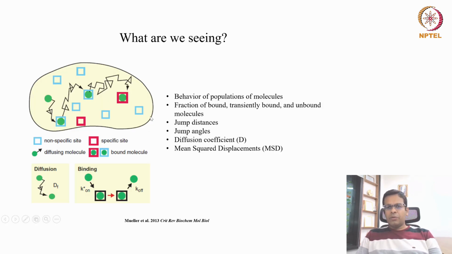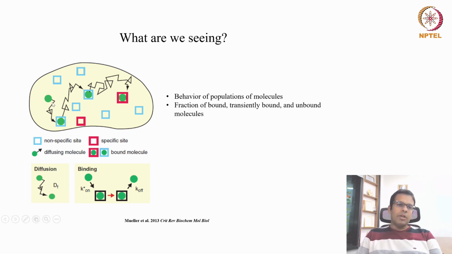Then you can calculate jump distances. So what is a jump distance? Let's say this molecule moved from this position to this position, then it moved from this position to this position. So you can measure how big the jumps are that it is making. Okay, big or small jumps. If it is bound, it will not make big jumps. If it is unbound, then it will make big jumps. Okay, so here this molecule is unbound, so it is expected to make this kind of big jumps until it reaches the target site. Once it reaches the target site, it won't make big jumps. It will make only small jumps because of the inherent movement of the chromatin.